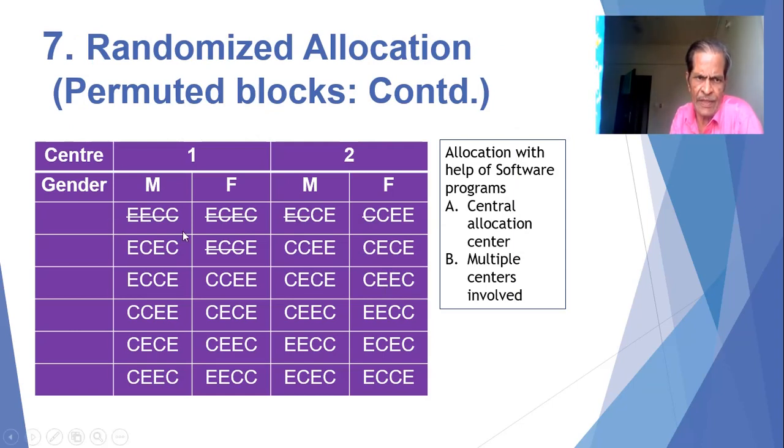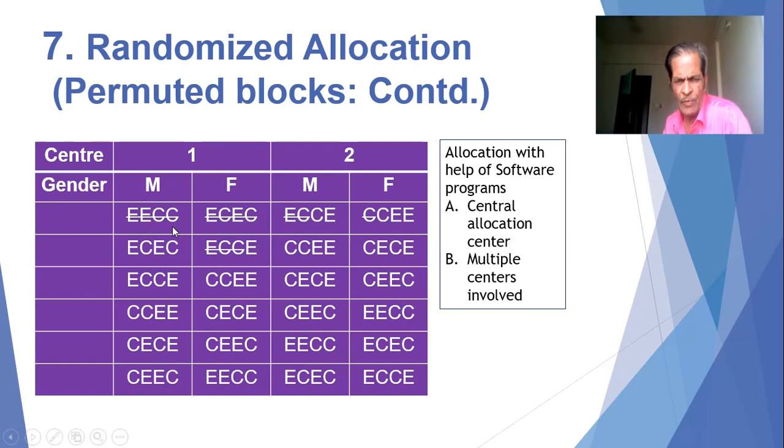Possible combinations are there, and on one paper we write EECC, meaning there are 4 possible allocations to the first patient. Now these 4, EECC, are written on small papers and put in envelopes, and we exhaust all the permutations and combinations of 2 Es and 2 Cs.